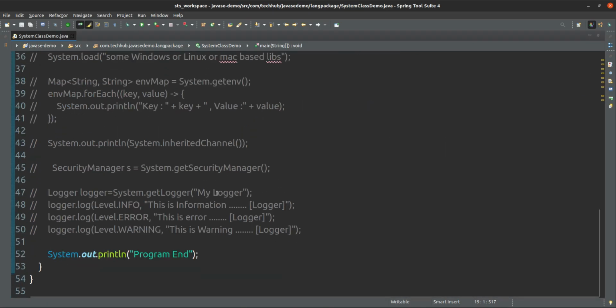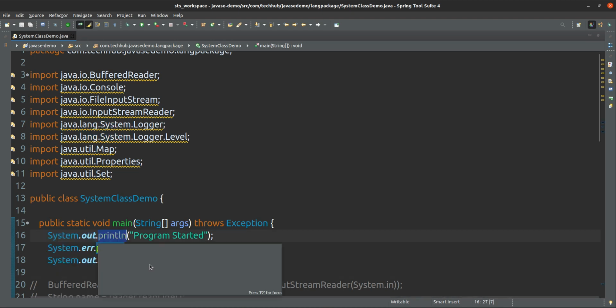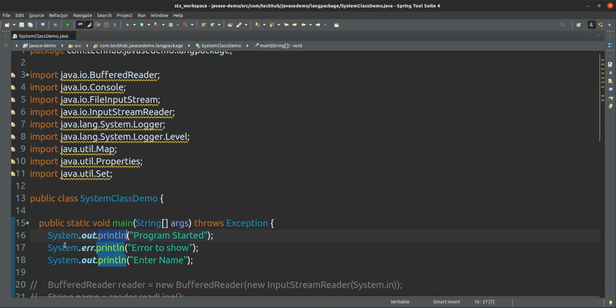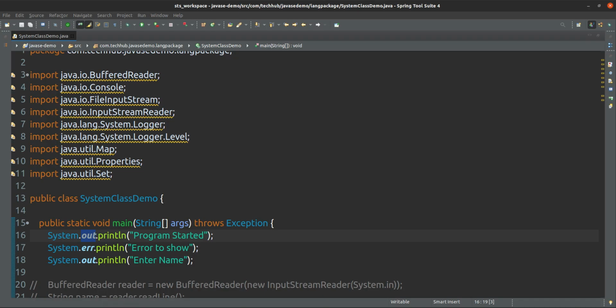Suppose here, we have used System.out.println. System is a class, out is one static variable inside the System class, and out is of PrintStream type, and PrintStream has a method println that will print "program started".